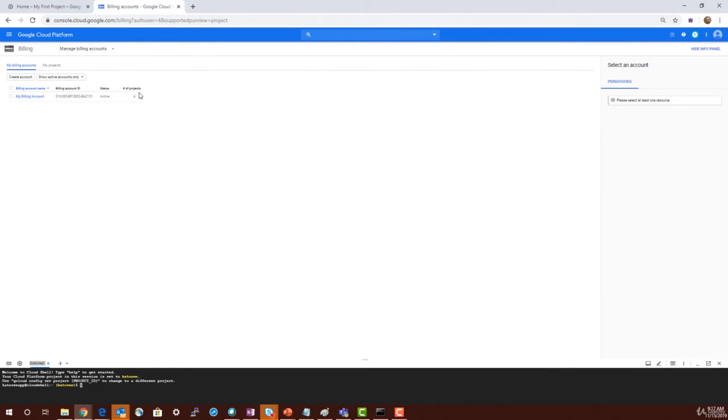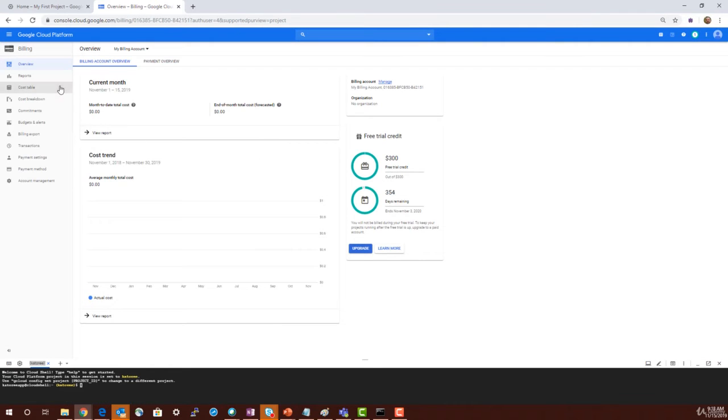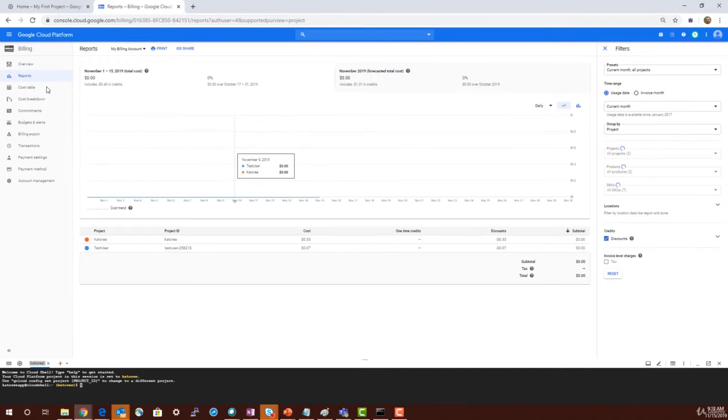just keep in mind that the resources are accumulated to the project and you will get billed based on the project, and you need to define the billing account which will be active at one point in time to pay from. So you can find this particular billing account has got 4 projects in it. If you click on the billing account, you can get the reports for your cloud charges.